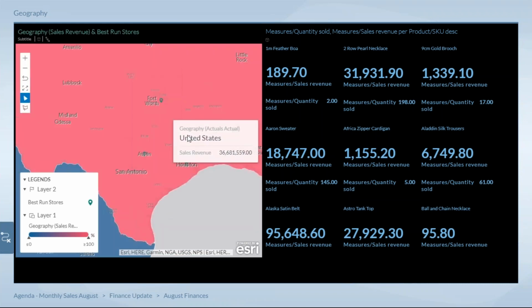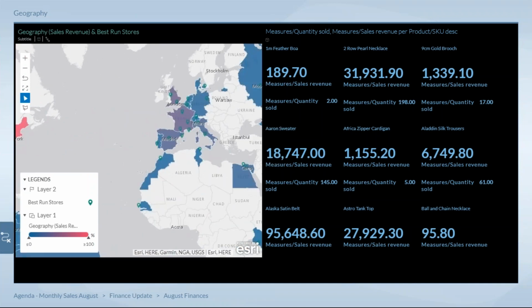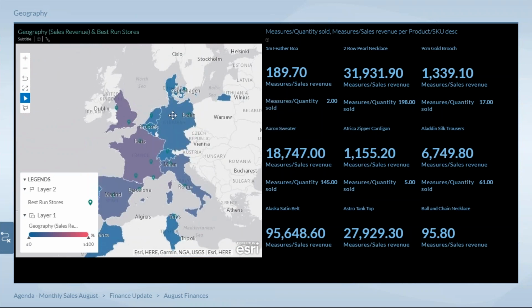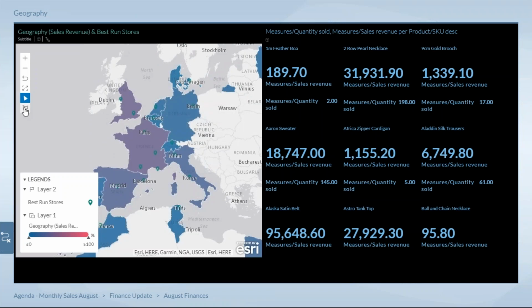She wants to talk about something over in Europe, because someone asked her, well, how's Germany doing? We want you to compare Germany and some of its other countries nearby, because they're not doing so well, they're all in the blue. Well, which one of them is doing the best? So in front of the whole room of people, Carrie can grab this polygon filter, highlight all these blue countries, kind of skipping over France and Italy,